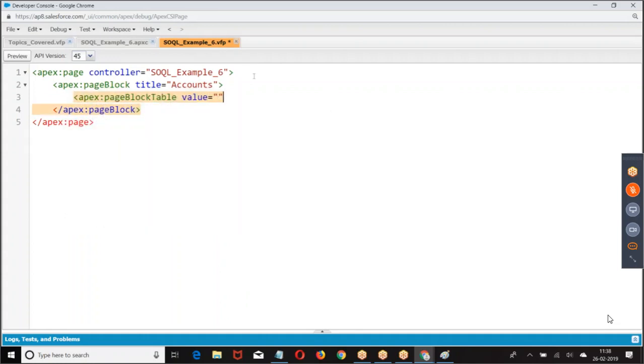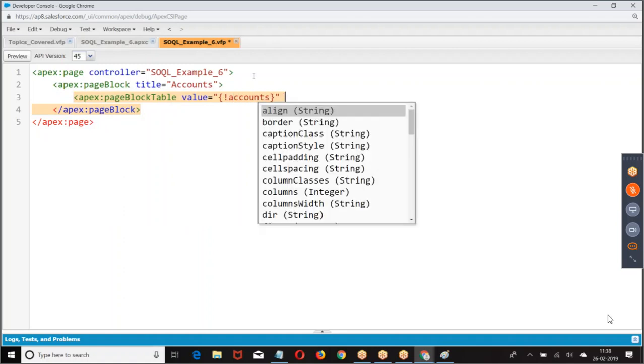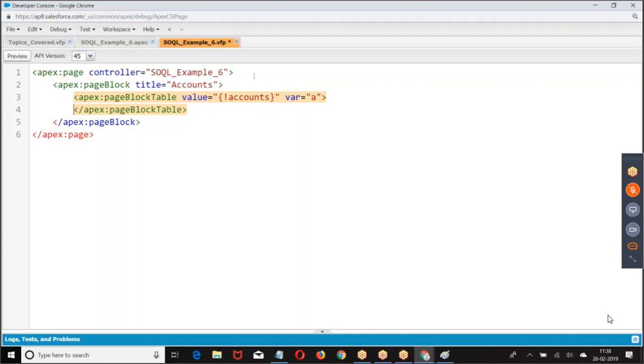Page block table, value equal to list of accounts, with a var A. A is referring to what? One account. Then I give apex column.